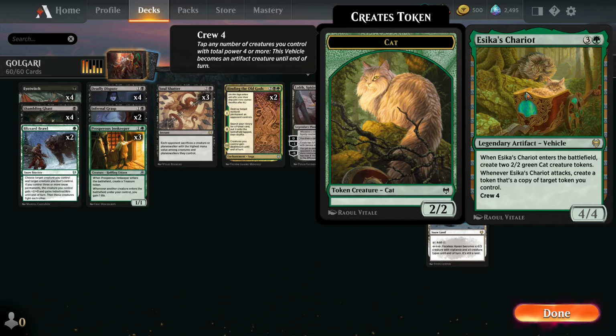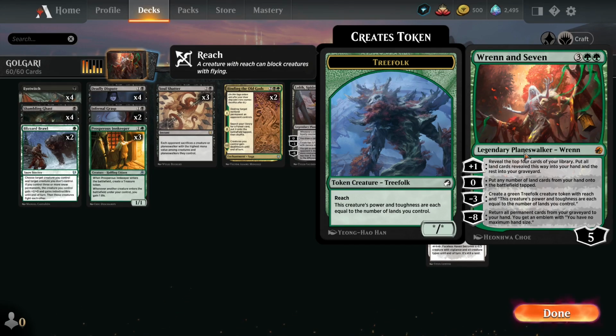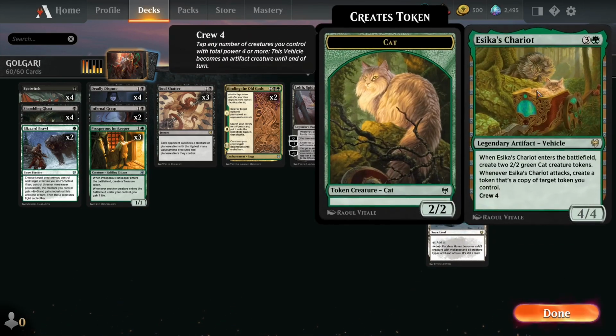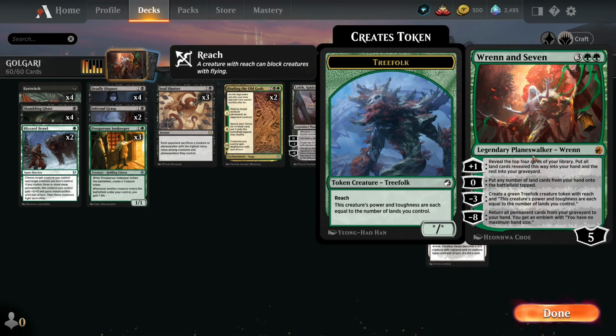Amazing card. And as I said here, the sequencing is turn 4, you have Eska Chariot. Turn 5, you got your Wrenn 7, create the Tree Folk creature token. It's usually like a 5/5, maybe 6/6, depends on what turn it comes. And then you use the token to crew your chariot and go in with your chariot and create a copy of this Tree Folk creature token that is again a 5/5 or a 6/6 creature with reach